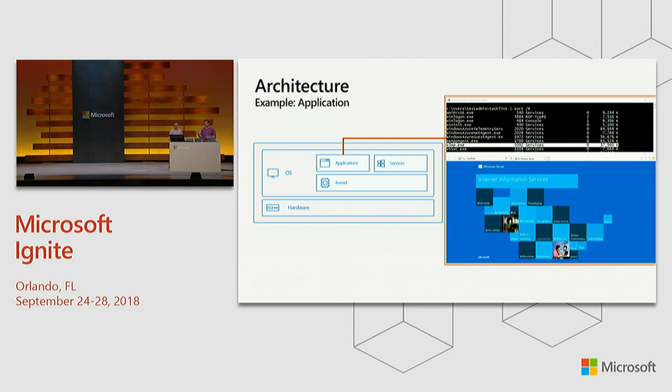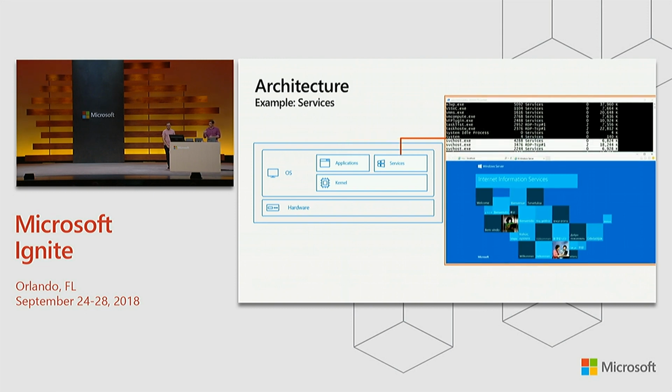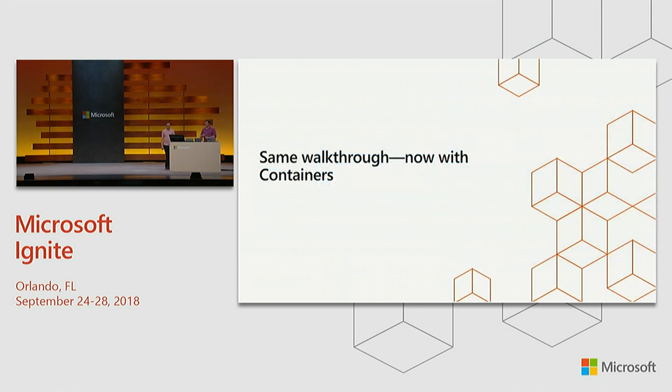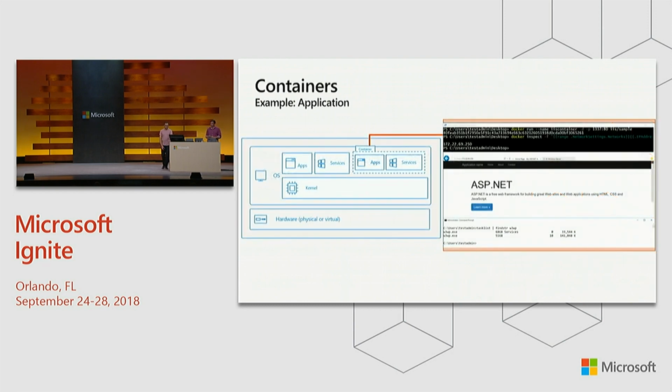So what we have here is we have an application that's running. It's an IIS application. And you'll notice the W3 worker process is running. And then you have your IIS application displayed there, of course. Alongside that, you'd have all other services that are running. When you query task list, you'll see a bunch of other services that are running. And then with containers, though,